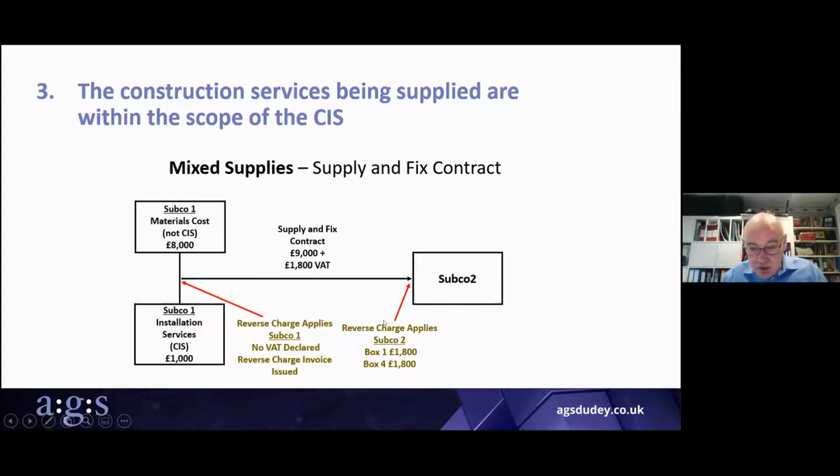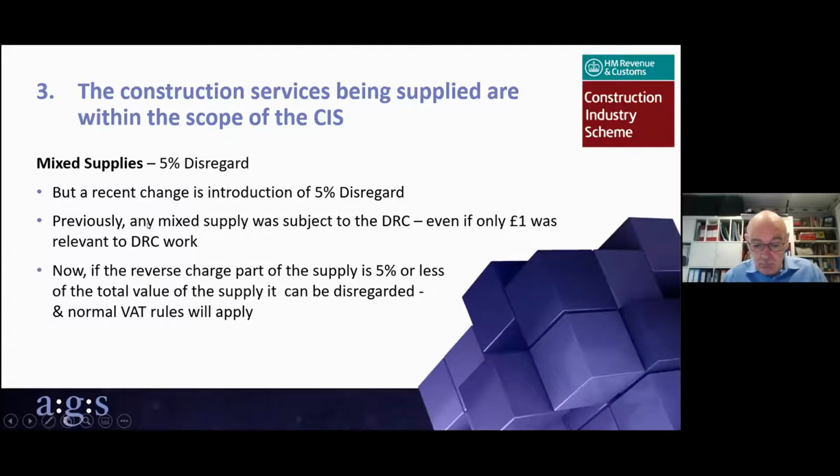So the customer will be responsible for reporting the VAT on the sale in box 1, and also claiming the input VAT on the purchase in box 4, all on his return. The supplier here doesn't declare anything. All they do is issue a reverse charge invoice that would have the net value and information about the VAT to the customer. They've done it that way, I think, for the sake of simplicity, so that you haven't got two accounting systems having to be used for one transaction.